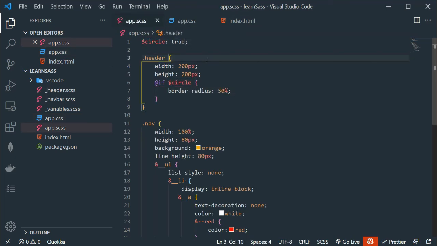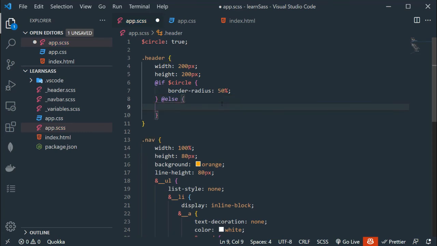We can also add the else statement. So right here let me add the @else keyword, curly braces. Now up here I am going to add a false value.